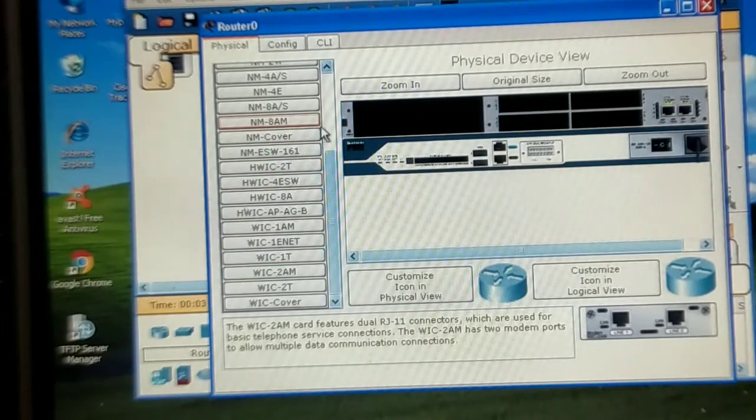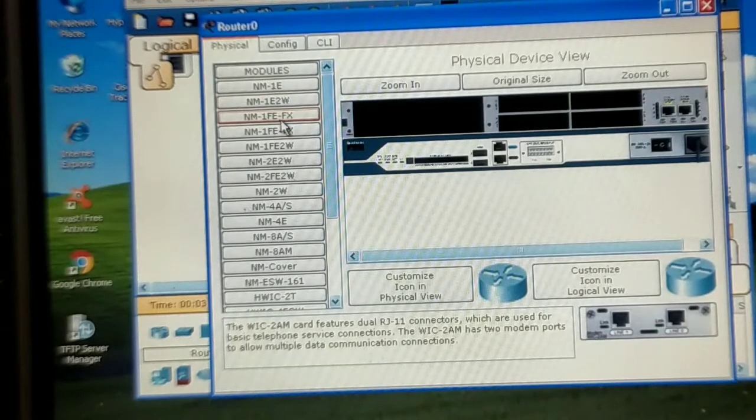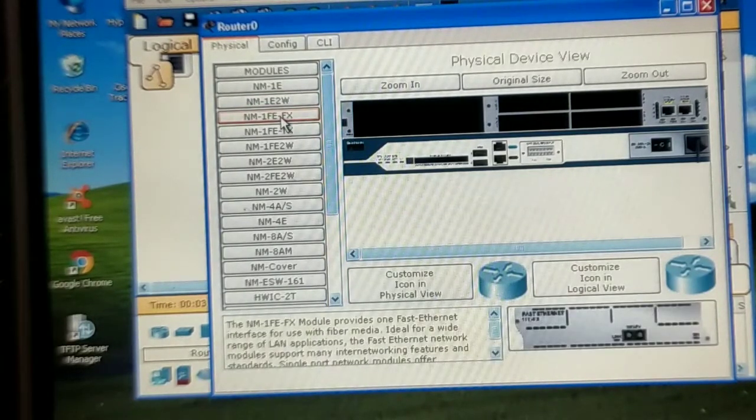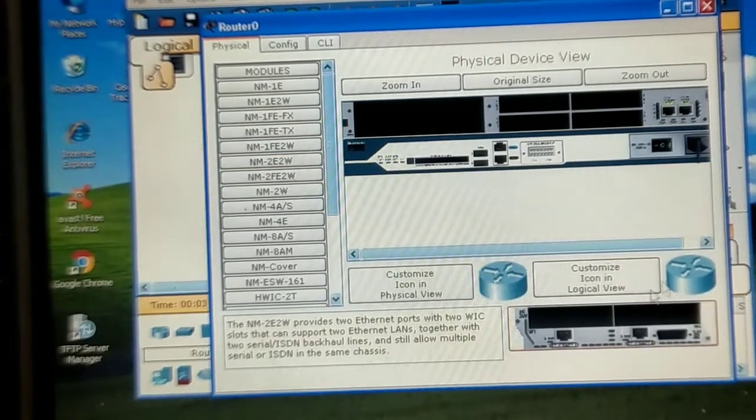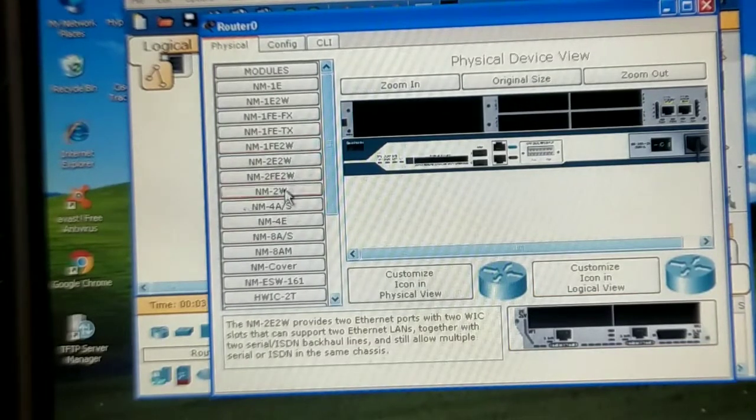Where there is an FE written, FE means Fast Ethernet, and FX means fiber port. So this is also a Fast Ethernet module, and you can see that you have two Fast Ethernet ports, two LAN ports in it. Basically these are the modules that you can use as an add-on to your 2811 router, and this is the start and stop button.